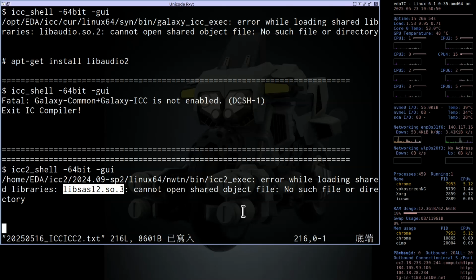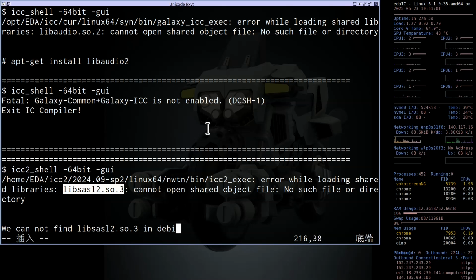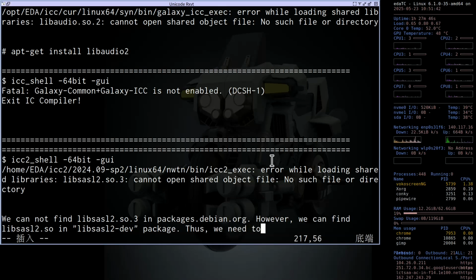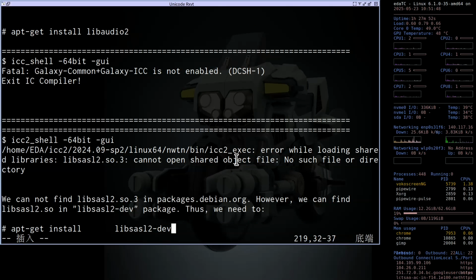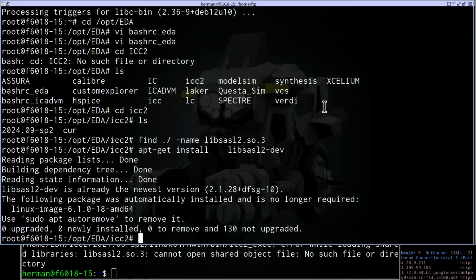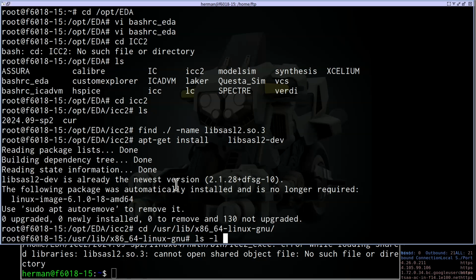So libsasl2-dev, we need to do this first. Get install this first. It shows you that this file is already the newest version, right? We already have this file installed, so we can go to user lib x86 and